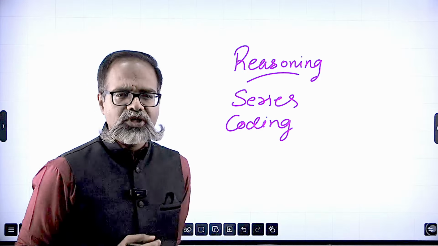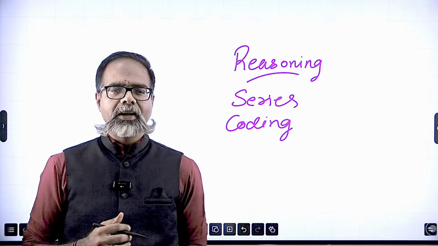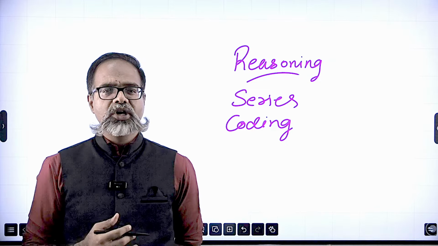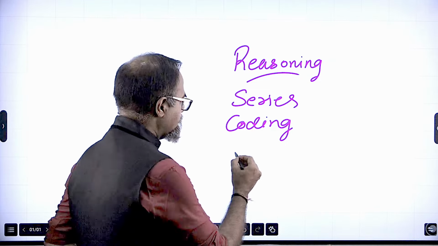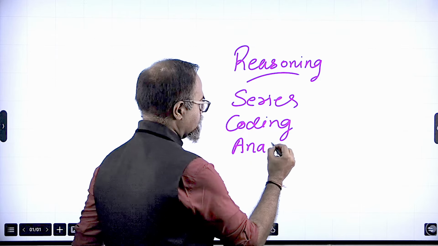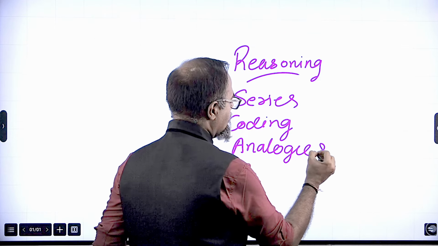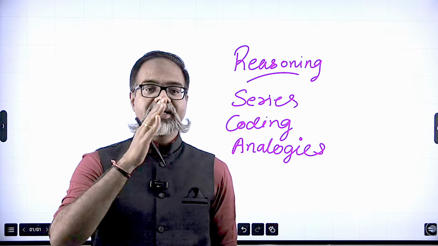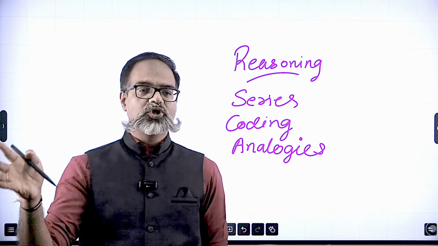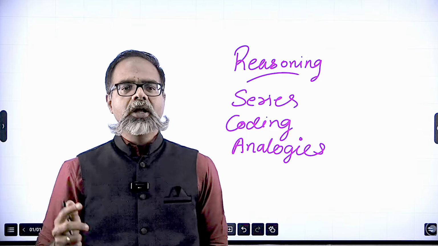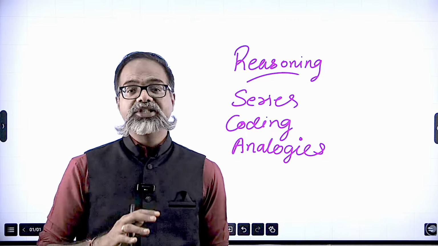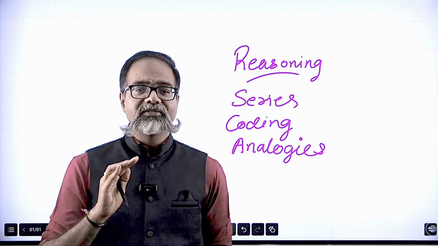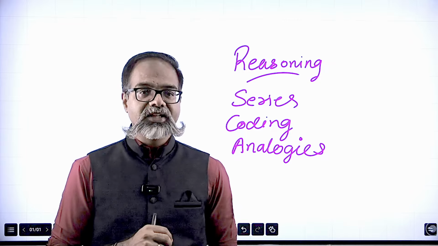There may be a question or two, not necessarily all the time, but sometimes of relations, of directions. Yet another favorite type of question which often makes its appearance are analogies. And what's an analogy? Well, if white is to snow, then black is to what? Right? Black is to coal. So comparison between things, analogies are very commonly asked and a favorite type of question of reasoning in the entrance